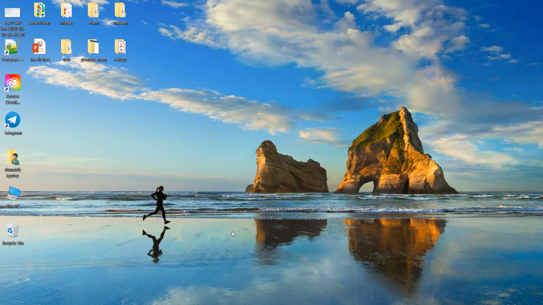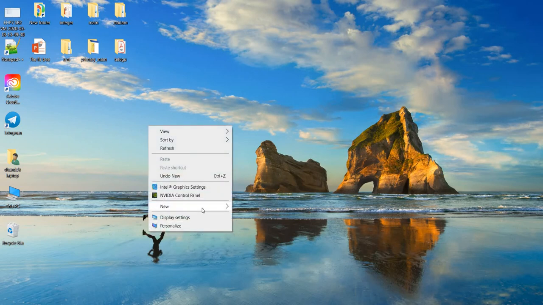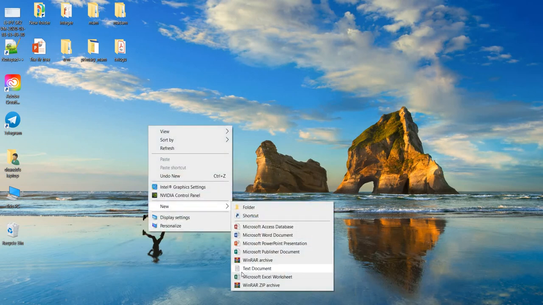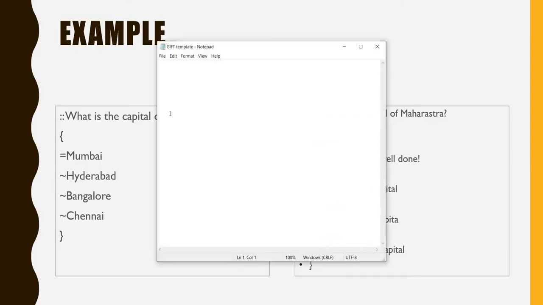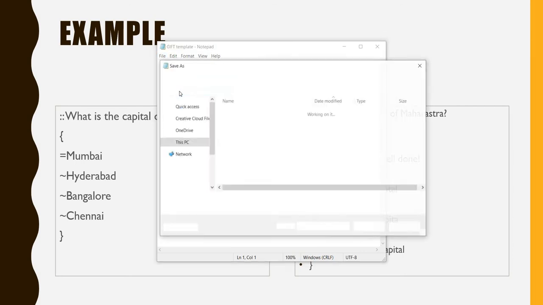Visit your desktop, right click, select new. In this drop down you should select text document, click OK, and it will ask you to save some name. For reference I am giving GIFT template. Click enter, open this file, go to save as.